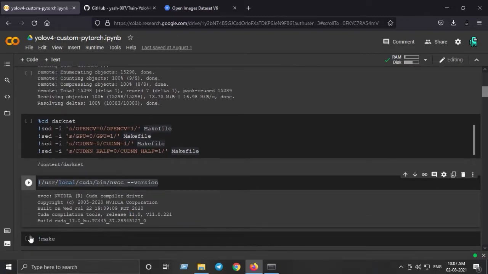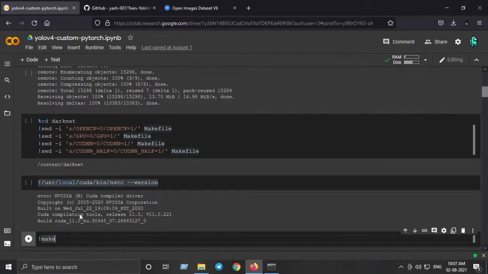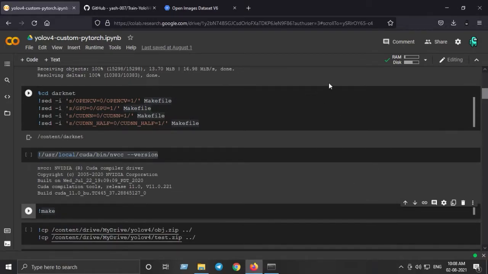Next step is to run the make command, which will actually build the darknet YOLOV4 model onto a Colab session. Okay, so let's just hit enter, and we'll meet after the make has been done. Cool. So the darknet has been built on our Colab session. So the next step is to actually